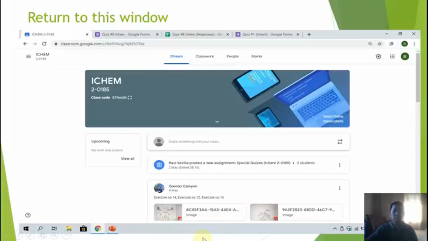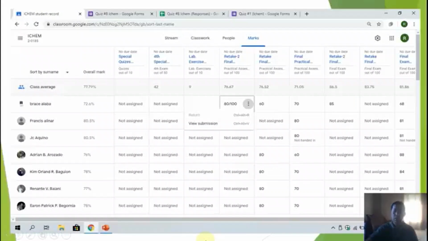So we do not know. So be careful, everything you click, you have to read. So you can see your student here, but now we need this marks window. When you click this one, this window will appear.